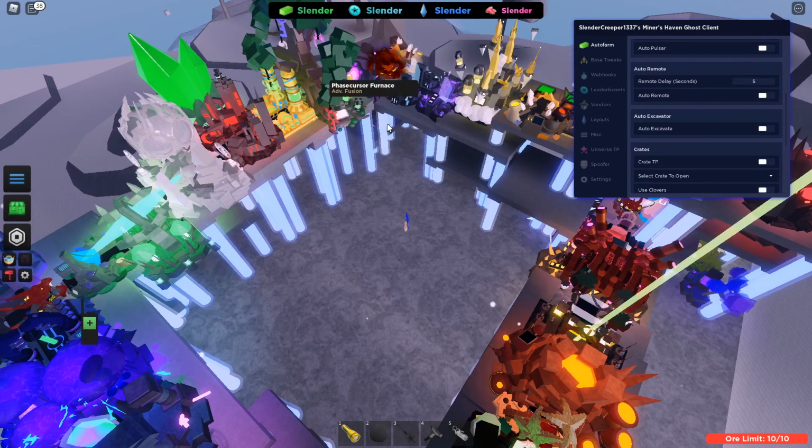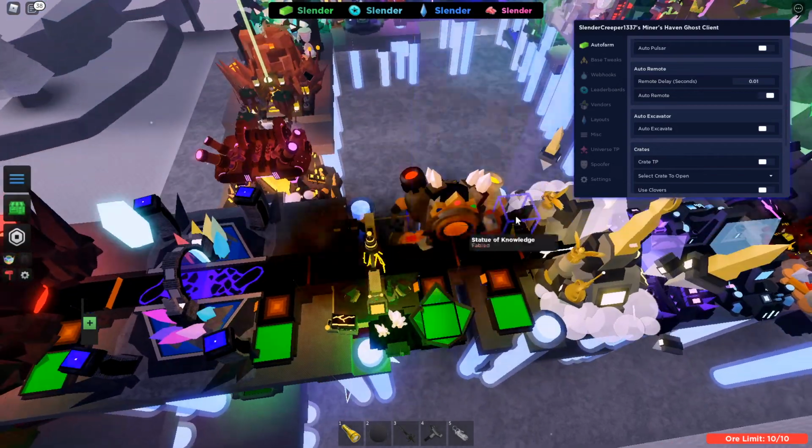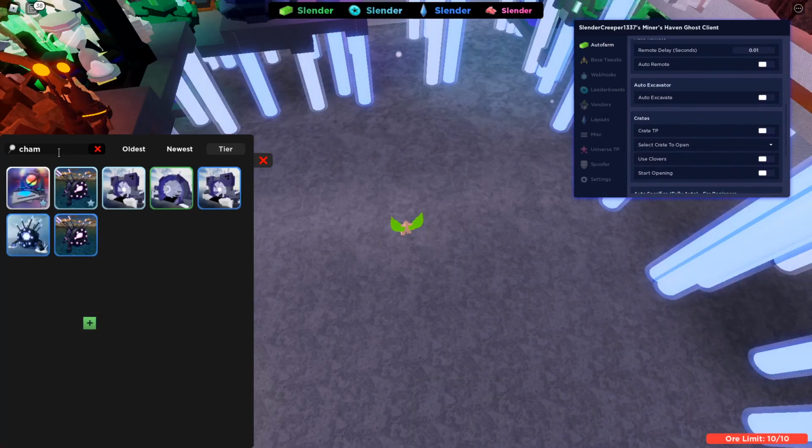Auto-remote, pretty explanatory. This is the delay you want in between each remote click. You can make all this spam it, and you see the dark illuminator will light up, doing things. Auto excavator,